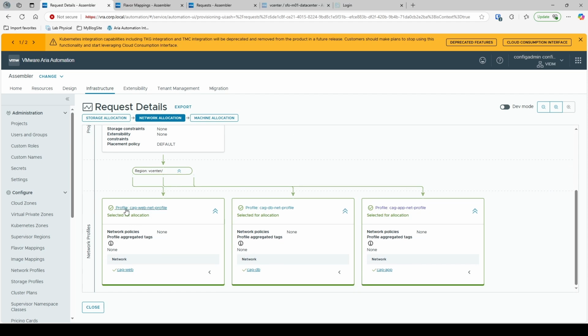I have 3 network profiles. I'm not going to go into all that piece, but basically I have three network profiles configured, each for a different network, and any one of these are eligible because we did not actually specify an identifying attribute to select a single network. That's a little bit more advanced when it comes to cloud templates. Not too terribly difficult, but if you were to look for cloud templates and capability tags and constraint tags,